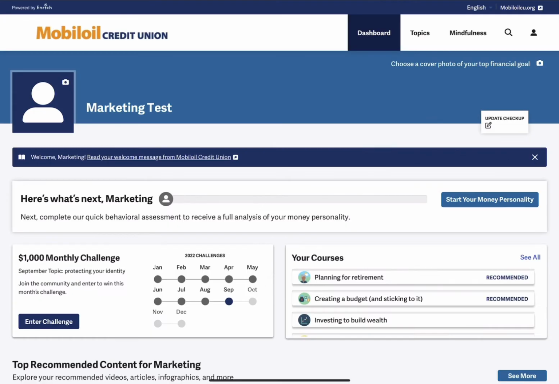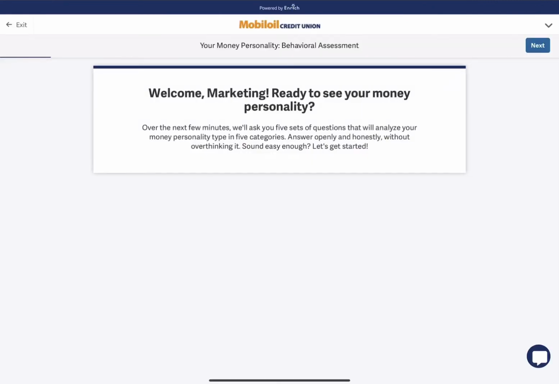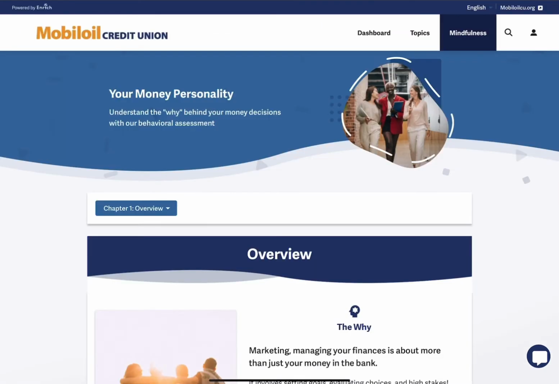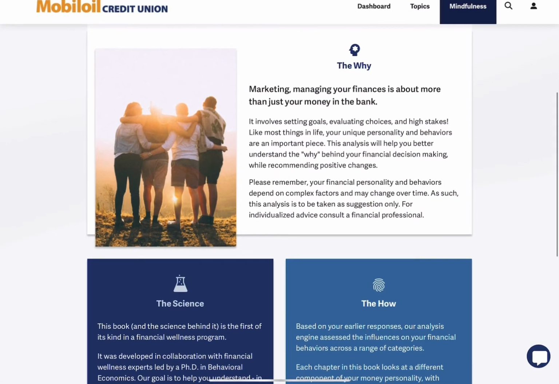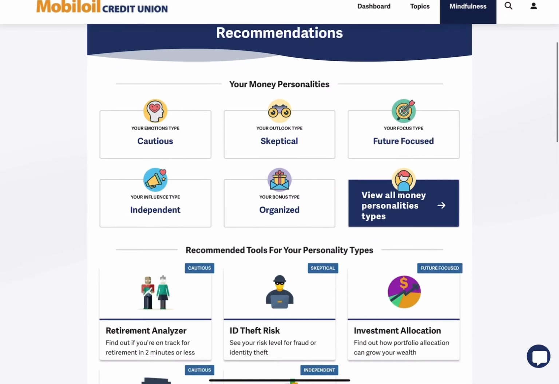The next assessment is your money personality. You will be asked to answer 5 sets of questions, which will be used to analyze your money personality type in 5 categories. The results for your assessments have been generated, and here you will see the recommendations based on